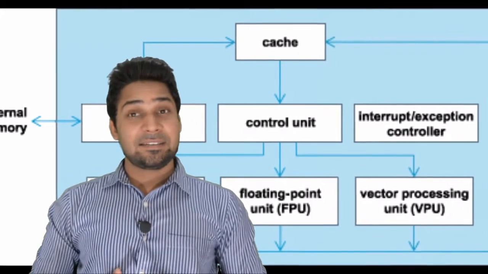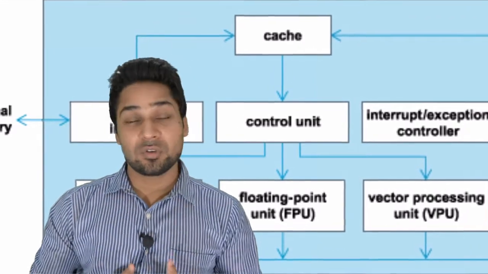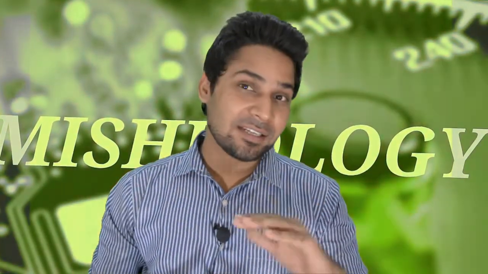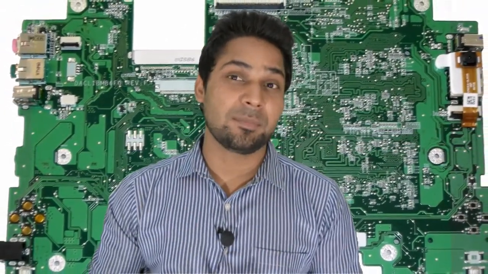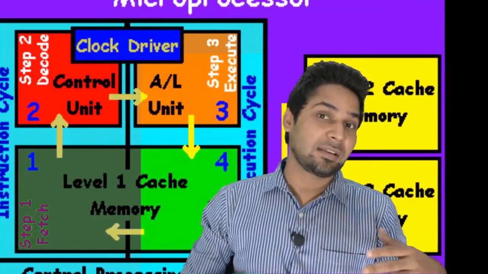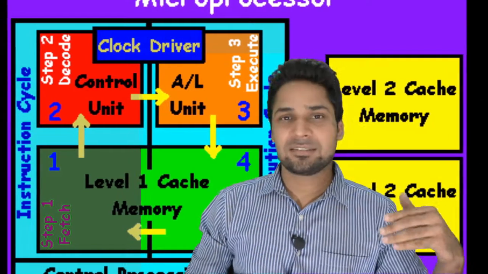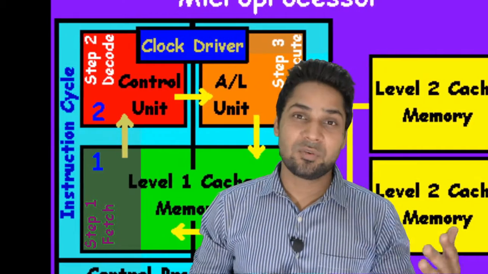Now various techniques have been developed to keep the CPU busy during this time, and one of those techniques is called simultaneous multithreading. In Intel's terms, it is called hyperthreading, which allows an alternate thread to use the CPU core while the first thread waits for the required CPU resources to become available. Now you might say the cache can be increased to 100 MBs or even GBs. No, that's not advantageous, because studies have found that providing more than 1 MB of cache for a simple CPU is futile.